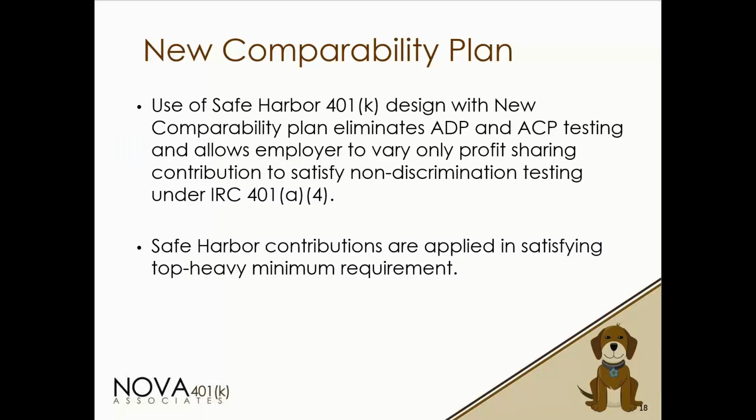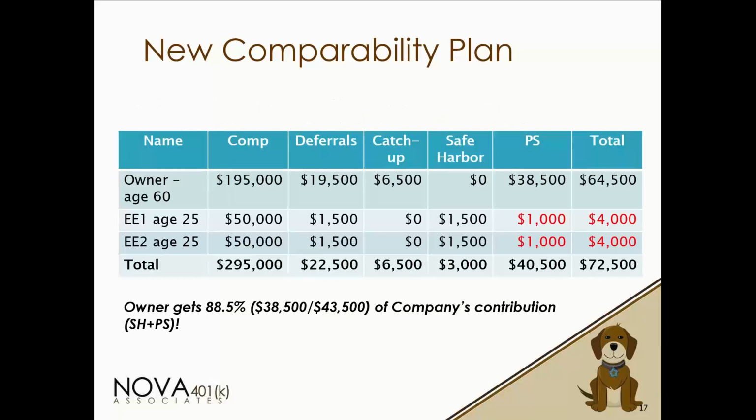Use of a Safe Harbor 401k plan design with new comparability eliminates the ADP and ACP testing and allows the employer to vary only the profit sharing contribution to satisfy non-discrimination testing. Safe Harbor contributions are applied to satisfying the top-heavy minimum. So if we go back to that example,